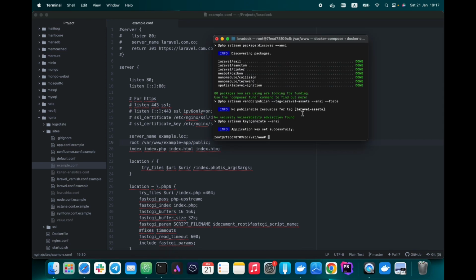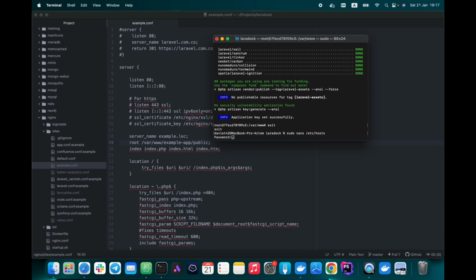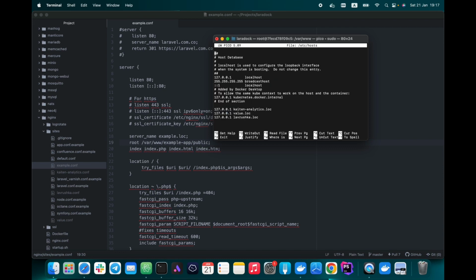Now we need to exit the workspace container or open a new terminal. The next step is to add one thing to the hosts file on your system. Open the etc hosts file and add this line to the end of the file.